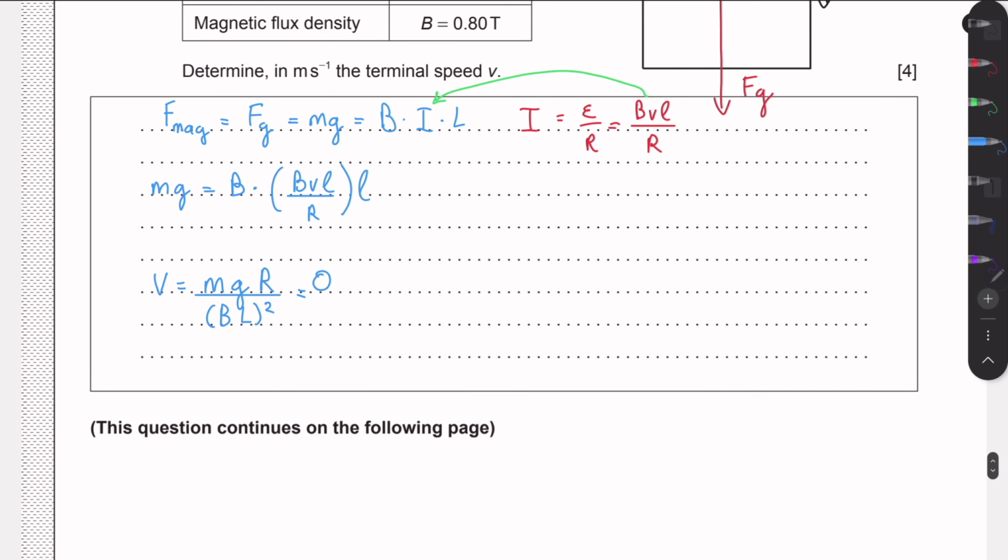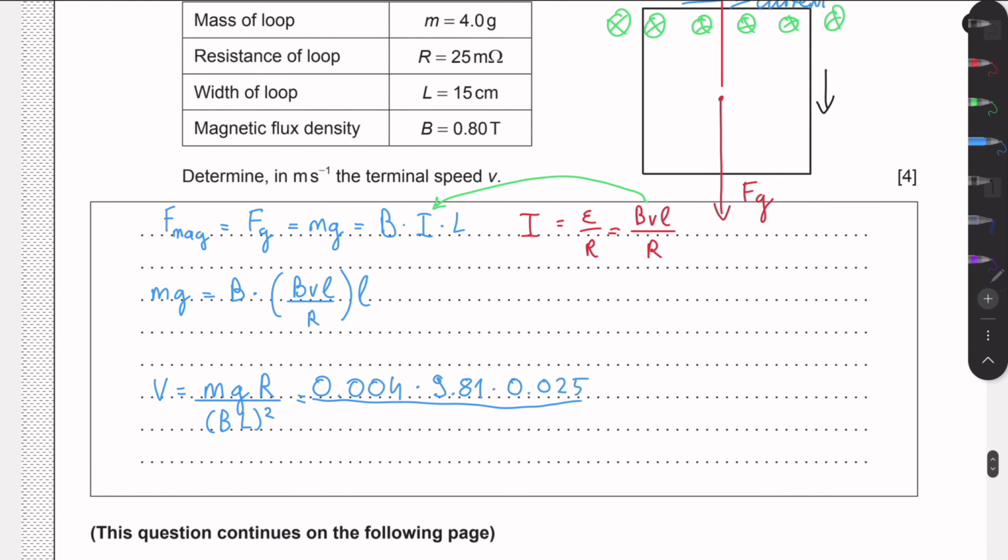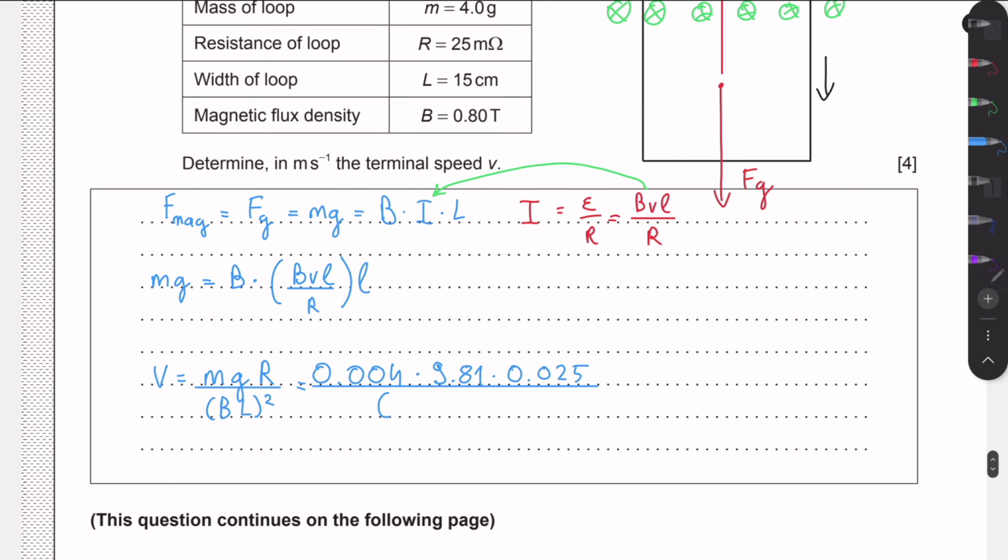So the mass was 0.004 kg times g times the resistance, 0.025, yes, milliohms, so times 10 to the minus 3, and then divided by the magnetic flux density, 0.8, times the width, again converted into meters, and then squared, and this will tell us that the speed is